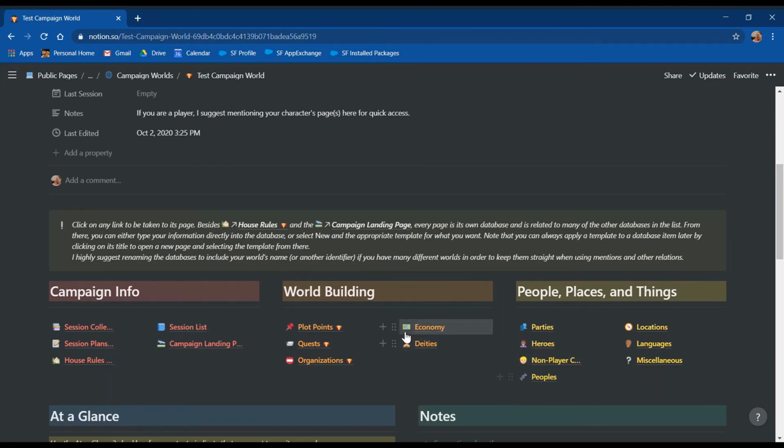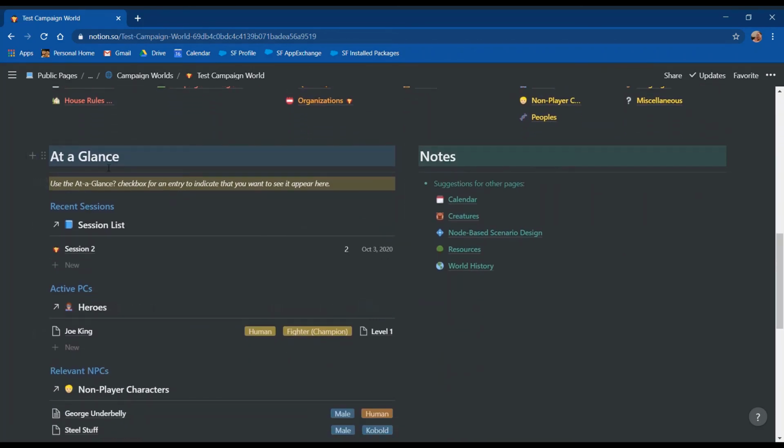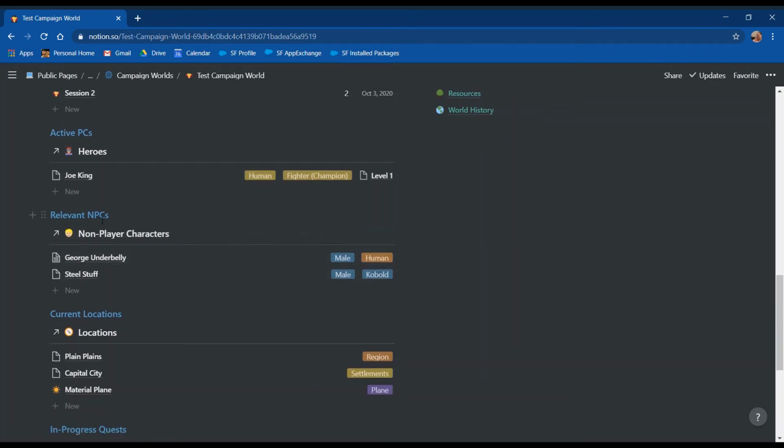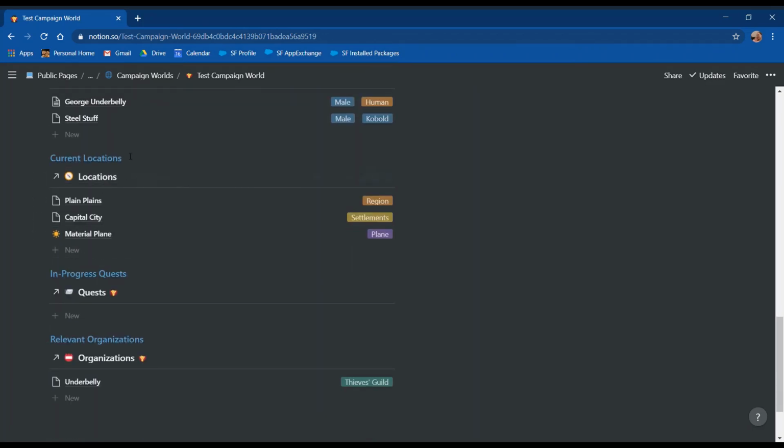Again, all interconnected. So notice here is our At a Glance. Recent sessions displays the session number and the date. Because this date is within the last month, it's going to show up here. We checked our active PC, Joe King, so you can see he's a human fighter and he's level 1. Relevant NPCs, George Underbelly and Steel Stuff, male human, male kobold, just give you basic stuff. Our current locations, the plains, capital city, and the material plane. It actually appears,